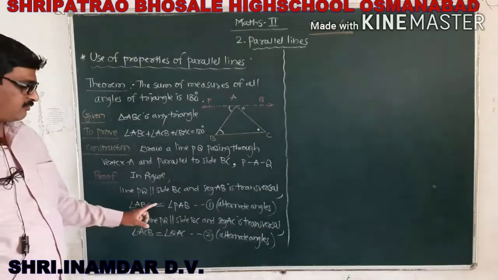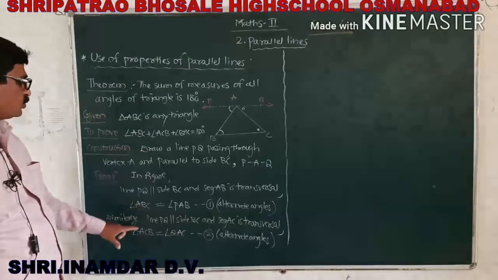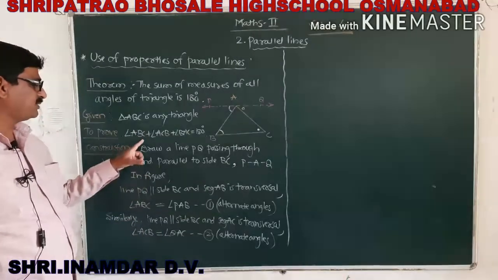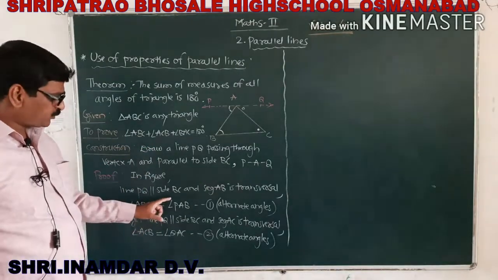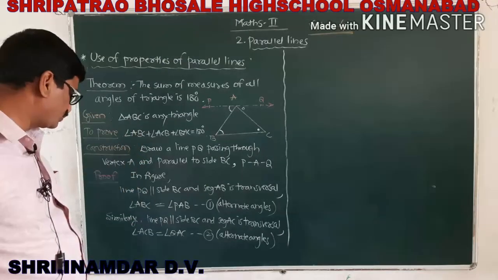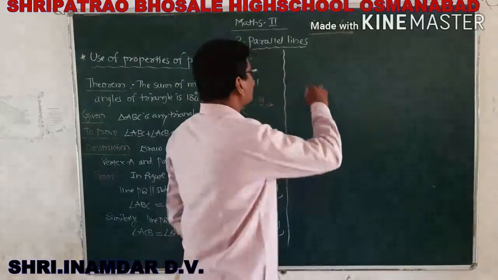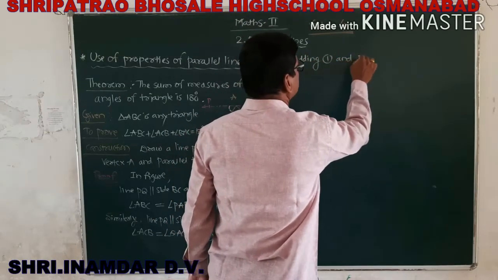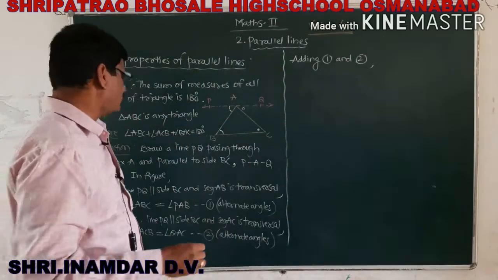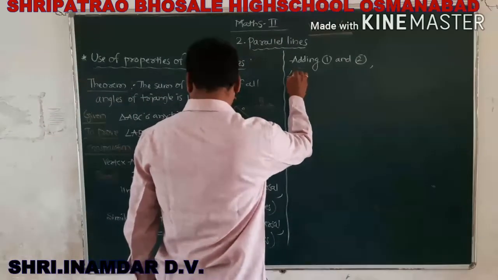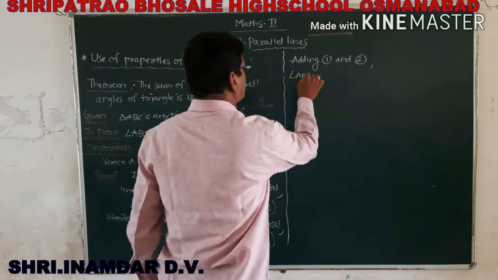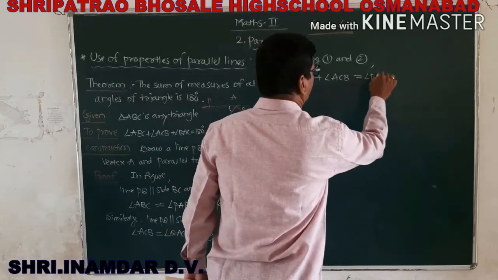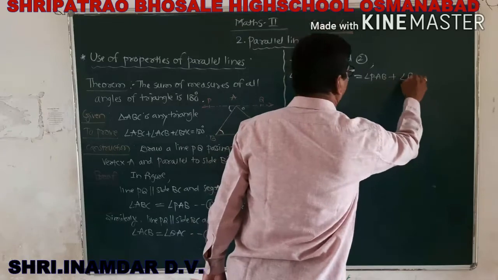Okay, so we have obtained 1 and 2 here. If you see 1 and 2 and your statement to prove, there is an addition of these two angles here, angle ABC plus angle ACB. Similarly, we have to take the addition as in what we have to prove. So next we add 1 and 2. We have to add these two equalities. We get angle ABC plus angle ACB is equal to angle PAB plus angle QAC.